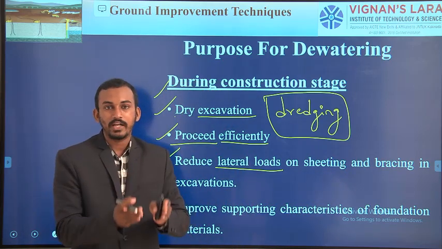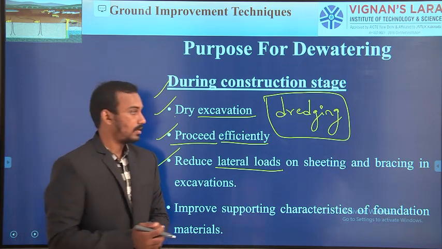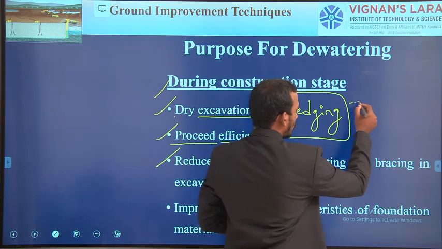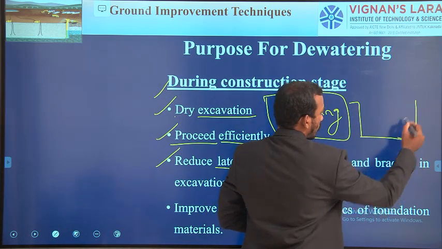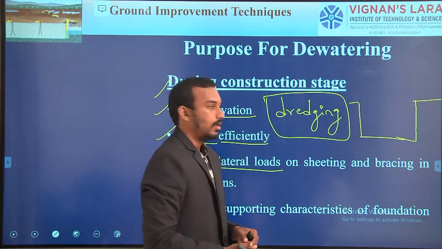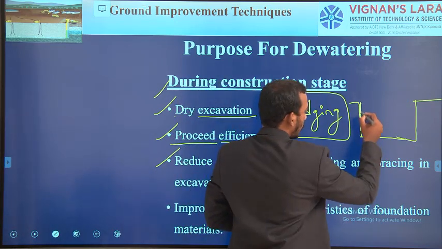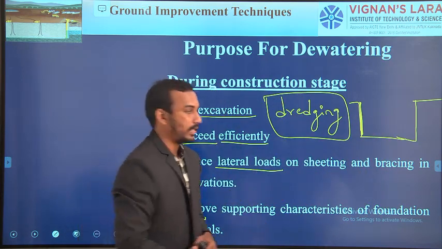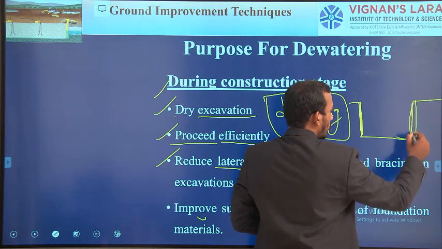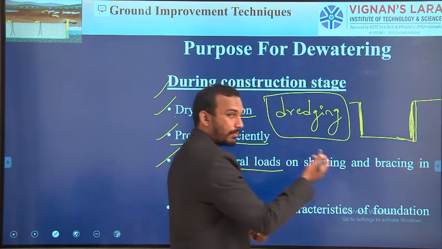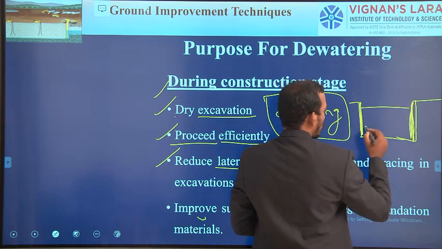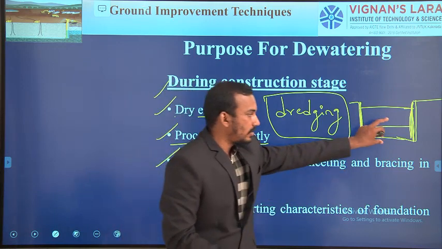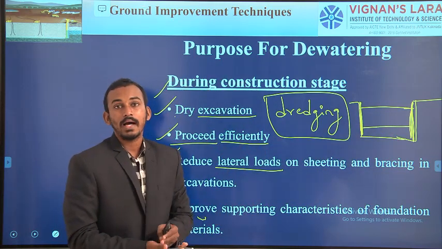When we are going for deep excavations, we use some bracings or some sheeting material. Like, see, this is the excavation pit I need to excavate. So we are providing some supporting material to prevent the fall down of soil into the excavation pit. On all sides, we use some sheets or bracing material, supported against each other like this. These are known as bracings and sheeting works. They are generally used when we need to excavate to larger depths.